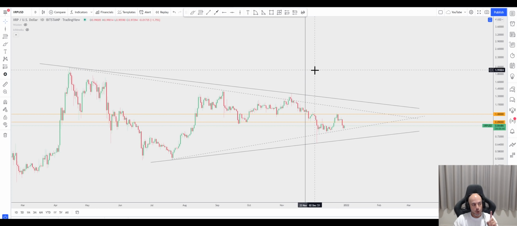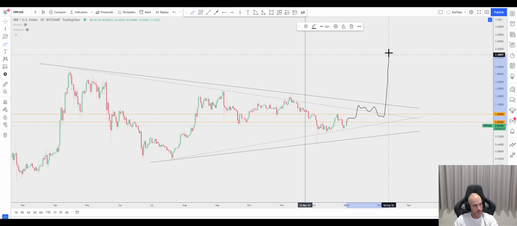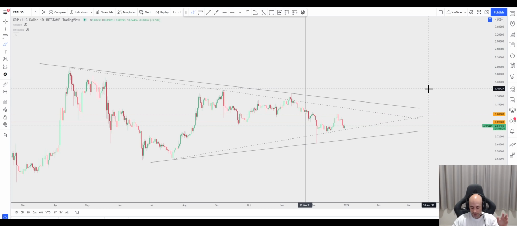Okay, so usually this kind of structure is going to break like this. Okay, it goes tight and tight and tight and tight before the break. This is the usual or standard behavior. Doesn't mean all patterns are going to break like this. Also, we must remember XRP is following Bitcoin, and also XRP still doesn't have a new high. Other coins had, XRP didn't. But XRP is coiling up. Okay, so